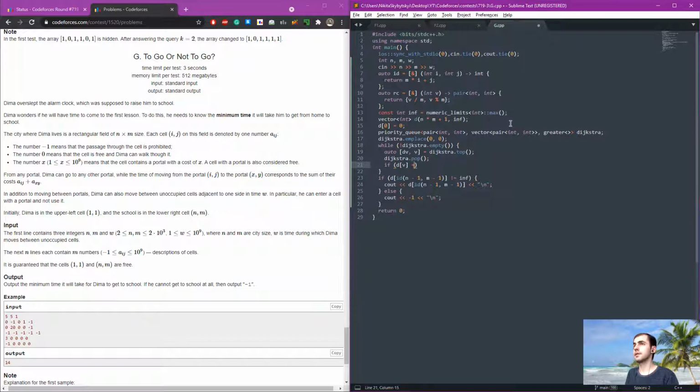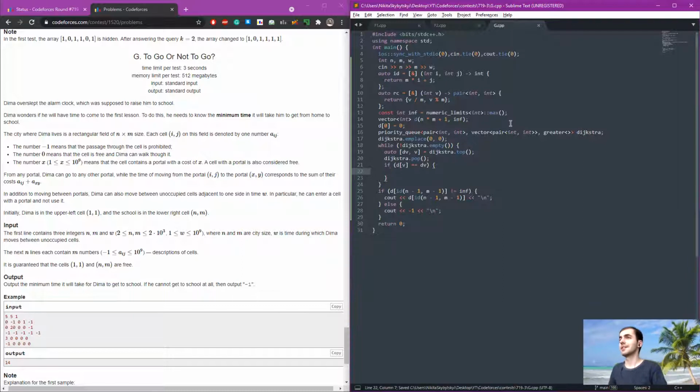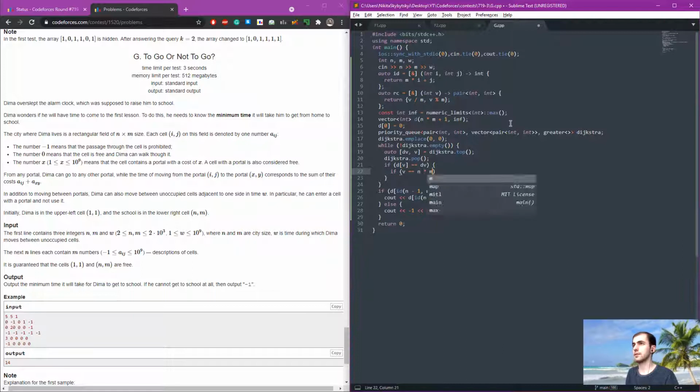Yeah, I'm starting to remember how we should write Dijkstra. If the distance to vertex is equal to the actual distance, if vertex is equal to n times m,